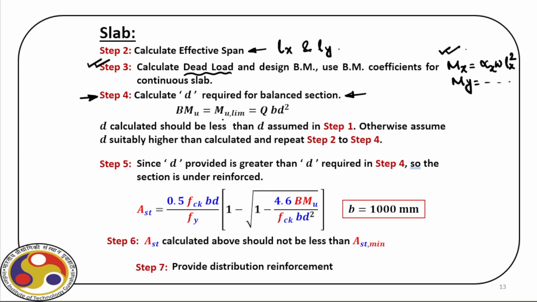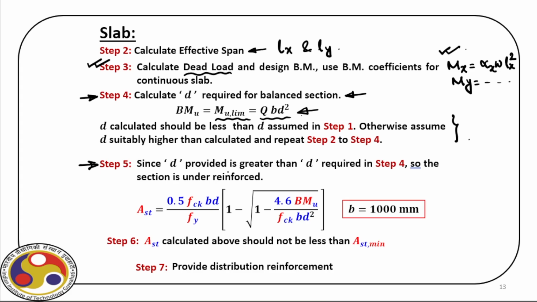And if you recall from the beam design, Mu limit is Q b d square. So this expression is known to us. So for a balanced section, we can calculate the capacity of the section, or the moment of resistance of the section. From this, we can calculate the d, and that d should be less than the d assumed in step 1. Otherwise, we have to go back and repeat the steps from 2 to 4. Then once we satisfy this criteria, we have already satisfied the deflection control and the applied bending moment. Then in step 5,